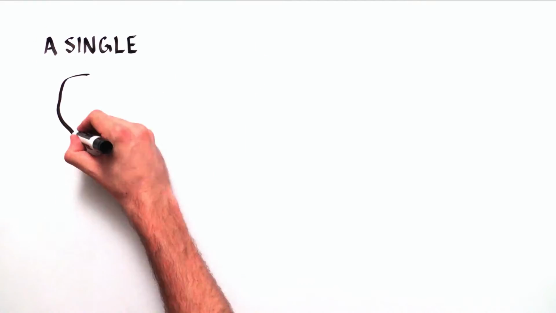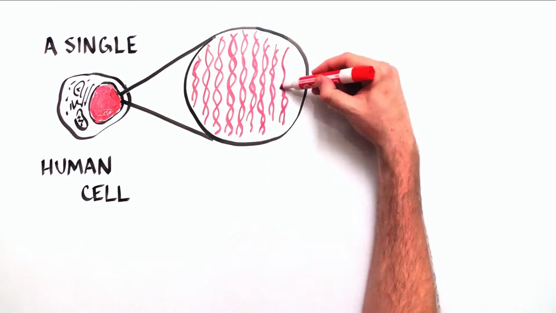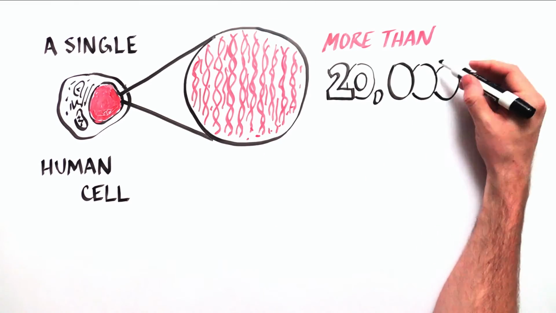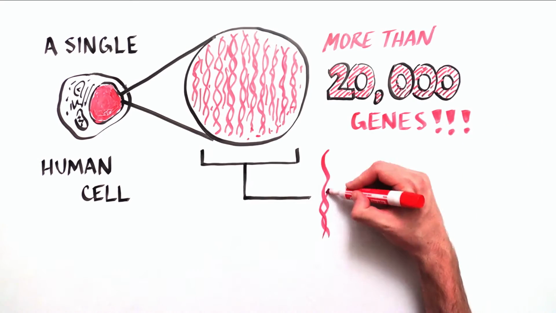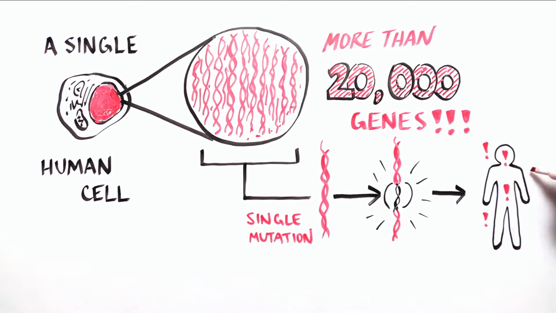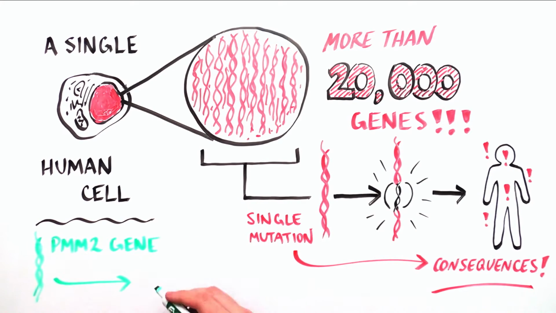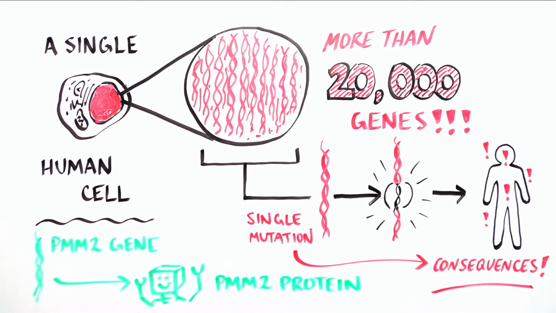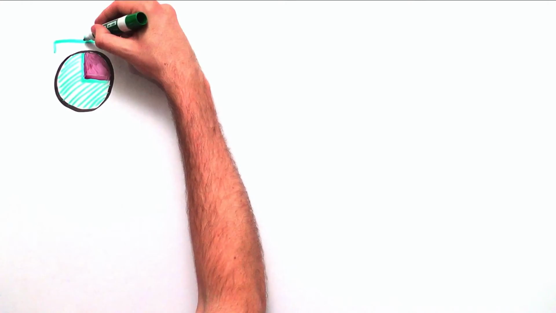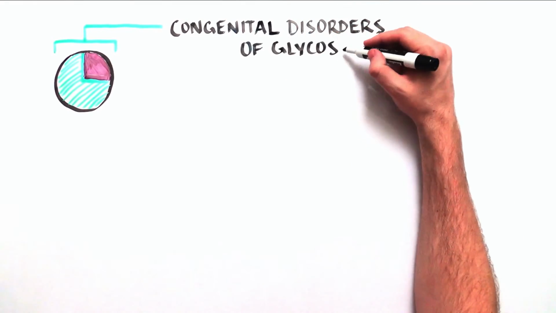There are more than 20,000 genes in a single human cell. Mutations, or changes in the DNA sequence of only one of these genes, can have harmful consequences throughout the entire body. Today we're going to talk about the PMM2 gene, the DNA sequence that produces the PMM2 protein. A defective copy of the PMM2 gene is the most common cause of a disease called congenital disorders of glycosylation,